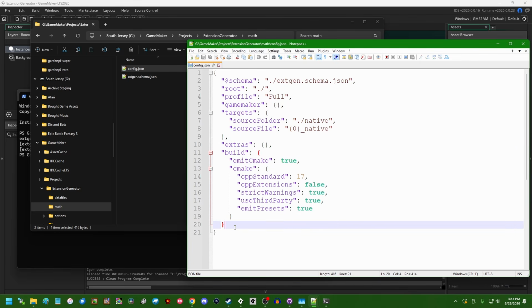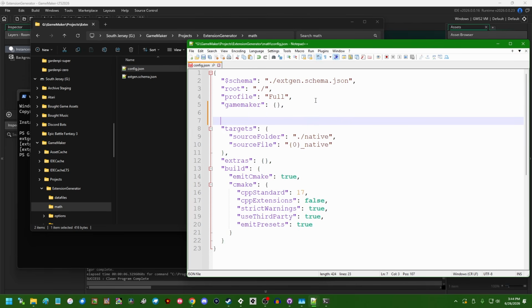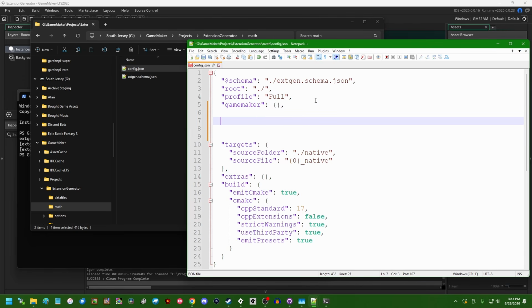So most of the auto-generated stuff that's going to come in this file is fine. The default values are fine. You probably can just ignore them. But there is some stuff we're going to have to add. Firstly, I'm just going to go here. I'm going to need to define a key value called input. And this is going to be the name of a file, which I'm going to call it